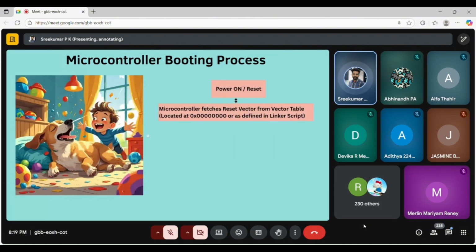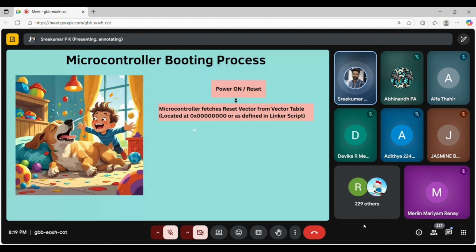On power on or reset, the microcontroller fetches the reset vector from the vector table. This vector table is located inside the flash memory. So where is flash memory? I have to go back to the microcontroller lecture slide, but I am not going to, so you have to keep it in mind. The flash memory is inside the microcontroller itself. It is not external, just like we had in 8085.